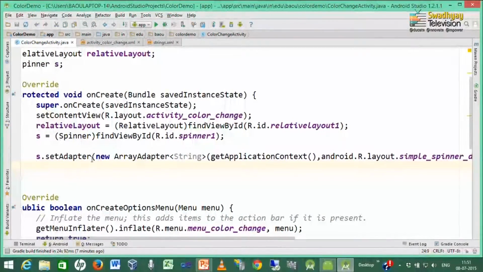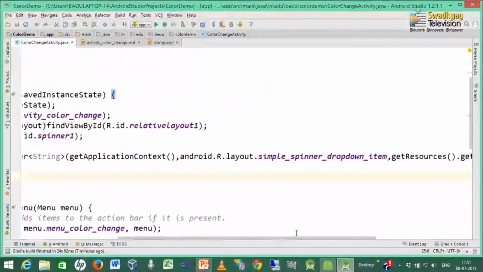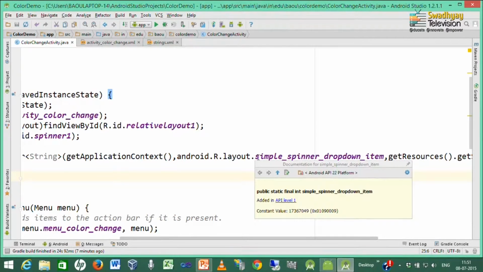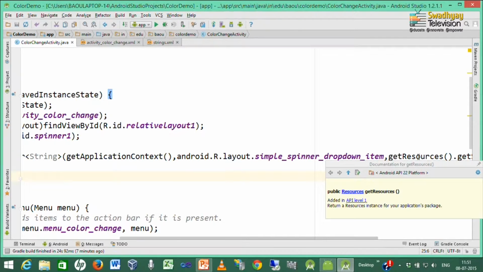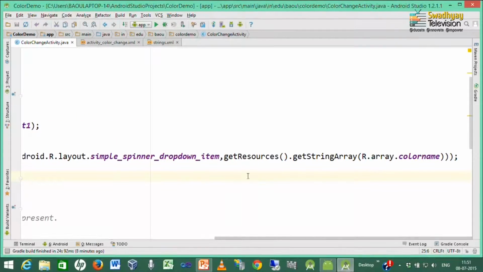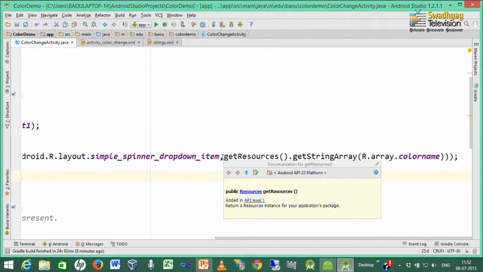So, we create an instance of a new ArrayAdapter to fetch strings, and it takes 3 arguments. First is a context, another is a layout for our spinner, and last is where to fetch the array. You can write a hard coded array reference here, but we want to fetch this array from resources.